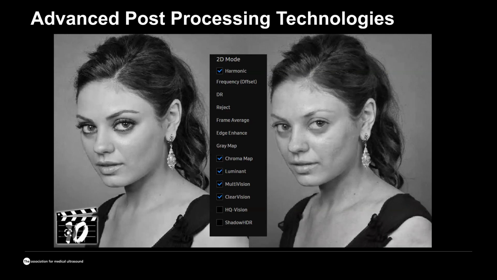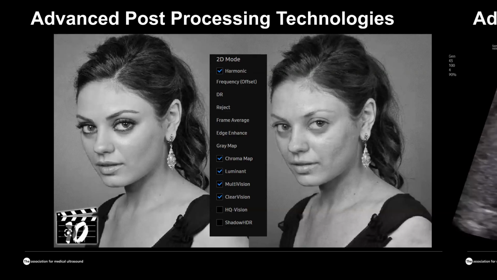This is in particular important when we are talking about patients with very difficult scanning conditions, and you probably know how hard it is to do the sophisticated assessment of the heart when the patient has a higher BMI, has had prior surgeries on the abdominal wall, and other issues.